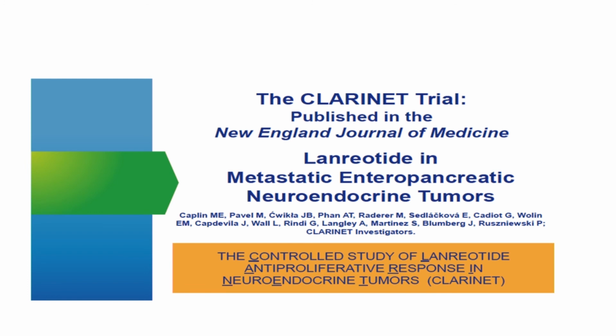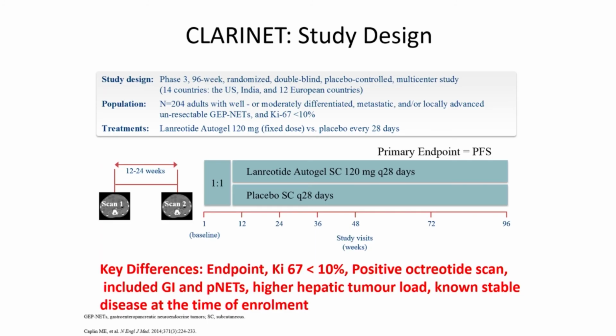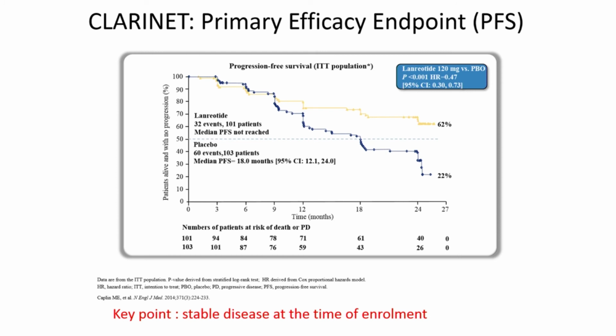So, of course, we always like to confirm this with yet another study. So this is the CLARINET study, recently published in the New England Journal of Medicine. And this used another SSA called lanreotide in metastatic enteropancreatic neuroendocrine tumors. And this was a randomized study of lanreotide versus placebo. These are patients who had moderately differentiated metastatic or locally advanced unresectable GEP-NETs. I'll contrast these studies in just a minute here. But this study, too, met its primary endpoint in terms of significant improvement in progression-free survival. These results were robust,